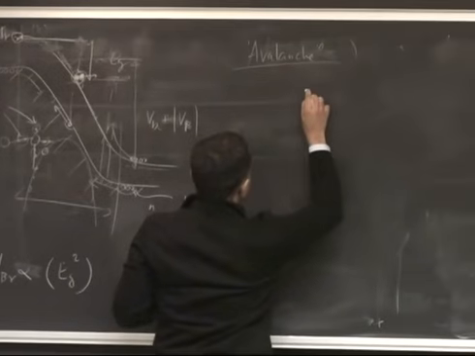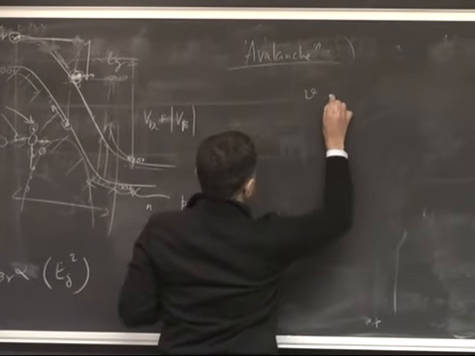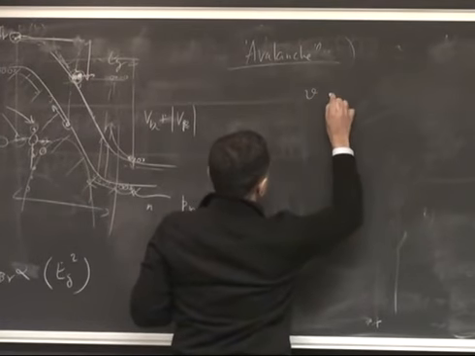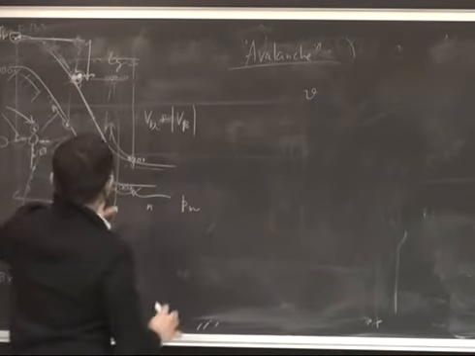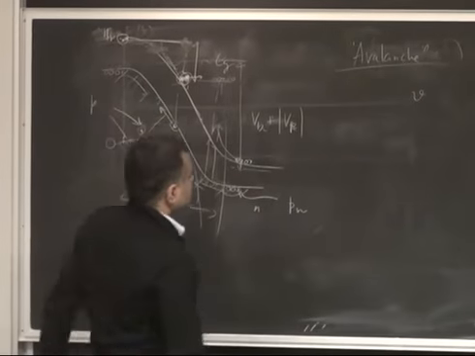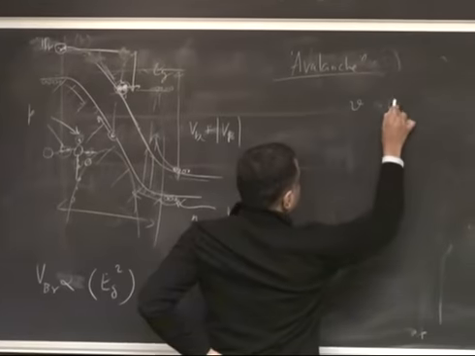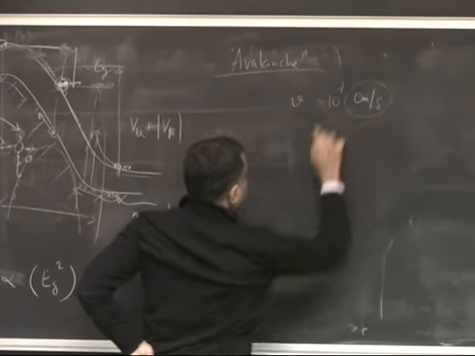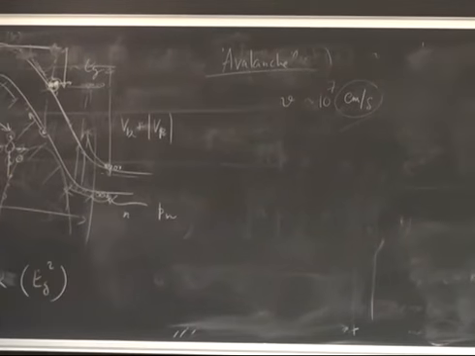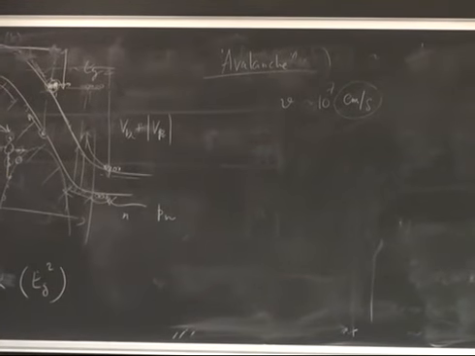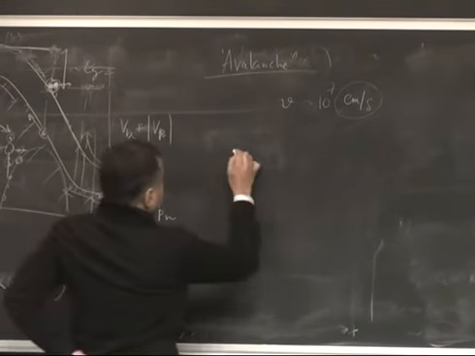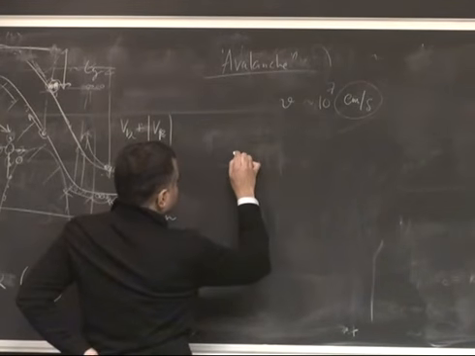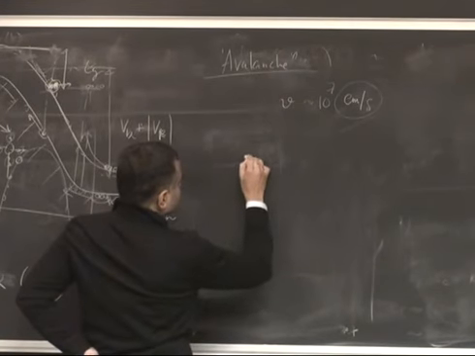Typically, this is a very high electric field region, and the velocity of the electrons would be of the order of 10 to the power 7 centimeters per second. The electron mobilities,